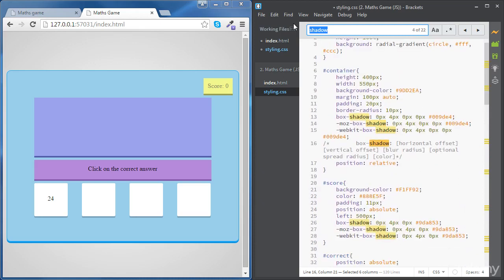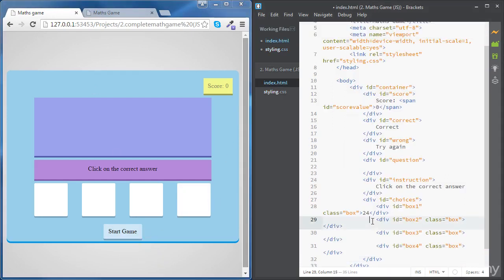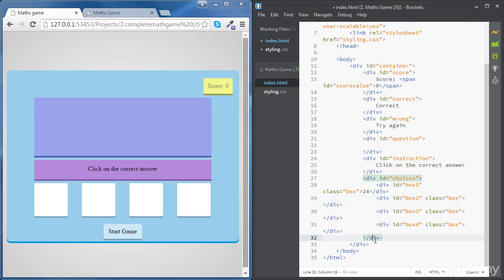Okay. Now we're going to move to the Start Reset button. Okay. So we're going to be creating a div following the choices div, and we're going to give it an ID, Start Reset. And also I'm going to place some text there, Start Game. And now let's